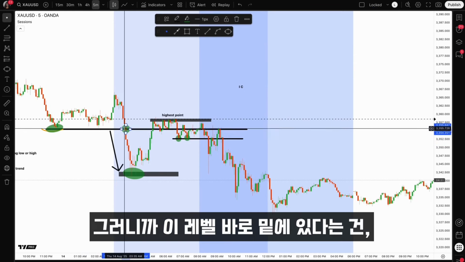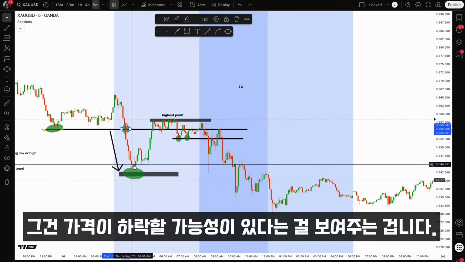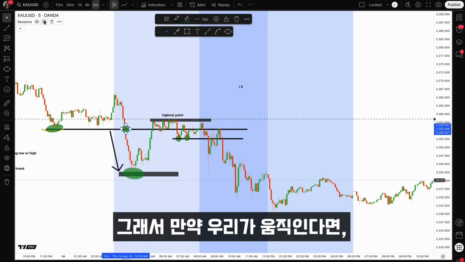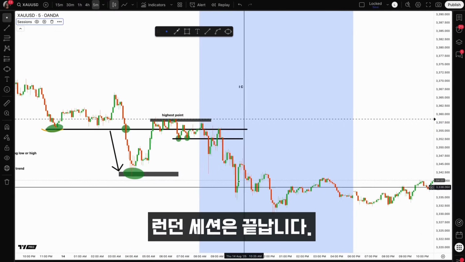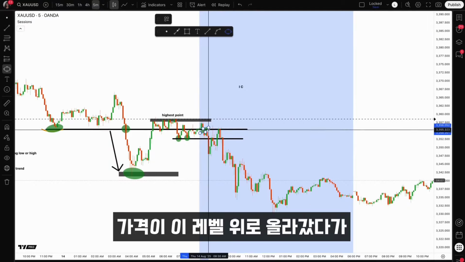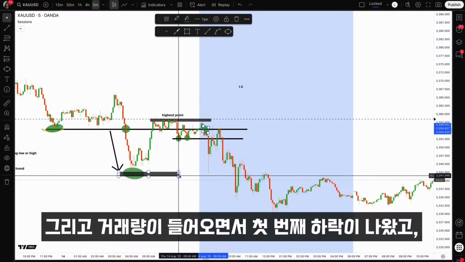So this level right here, you're already under the level of support, showing you that price has potential to go bearish. The only thing you should be waiting for now is the volume. So if we turn London off, for some people, your entry should have been here, where you can see price right around this level come back under that level of support for New York session, and then the volume kicks in with the first push down